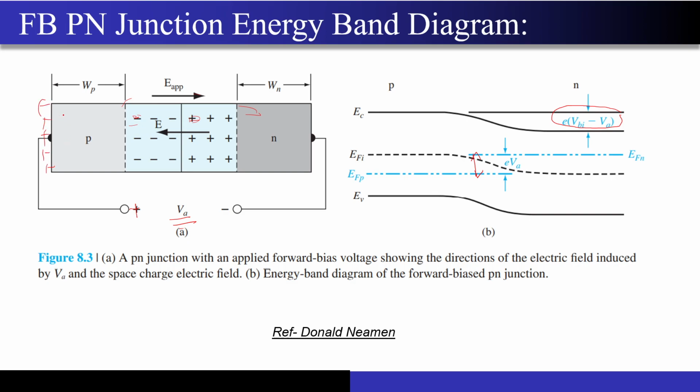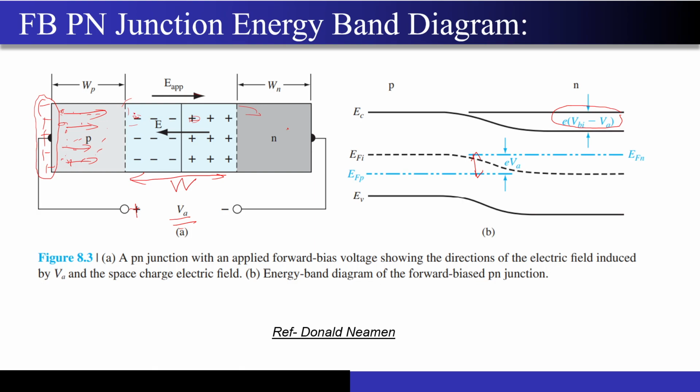And what is present over here? There are a lot of free carriers. The only region where there are no free carriers is your depletion region, which I am highlighting by this factor W, correct? This is the only region where no free carriers are there. But on this P side and on this N side, you have a lot of free carriers. Since you are applying a positive potential on this side, the holes will experience a drift and move over here, because of the push from the electric field of the battery. And now what will happen?